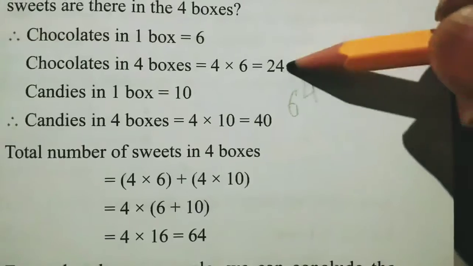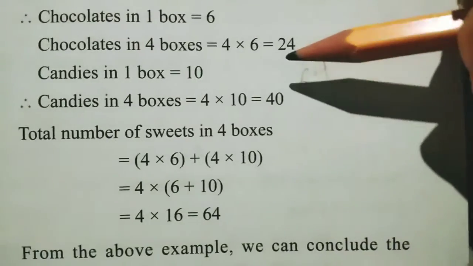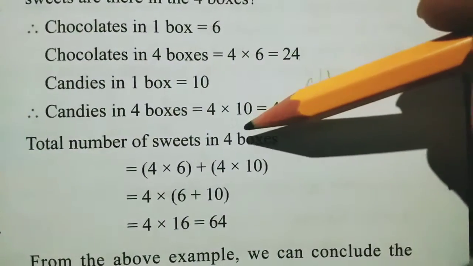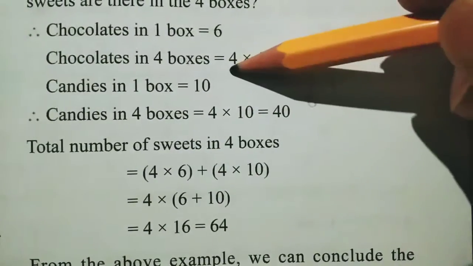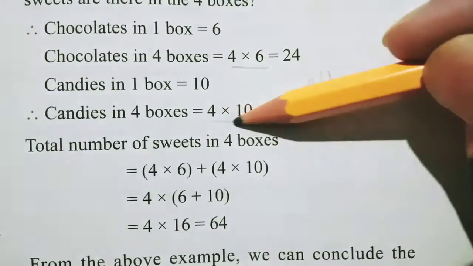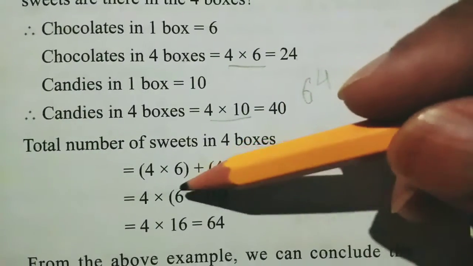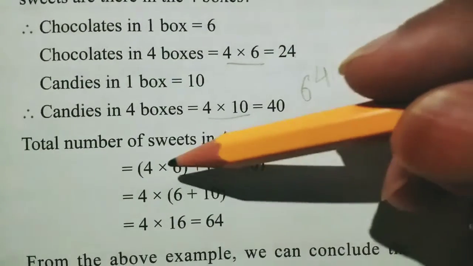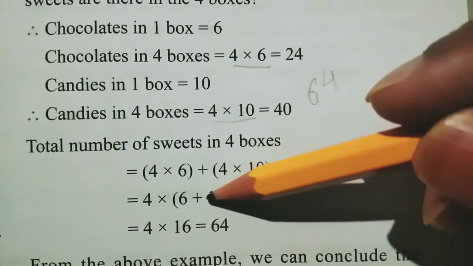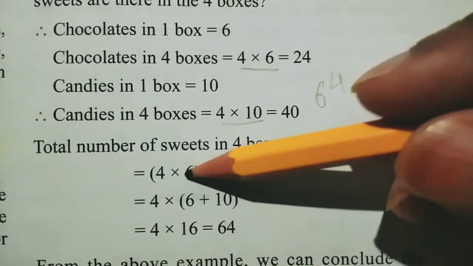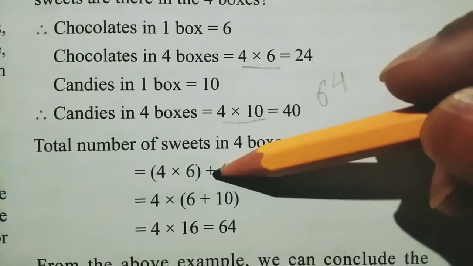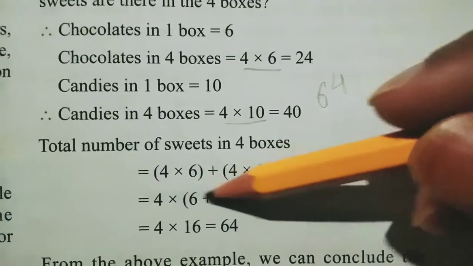But here we'll not add simply, we'll add in a different manner. How? See, total number of sweets in 4 boxes will be 4 into 6, this number we write, plus 4 into 10, this number we write, because ultimately we are doing the plus to find the total. But we are writing in a different manner only. This manner is called a distributive property. That means when you write two multiplications together and there is a plus sign in between,